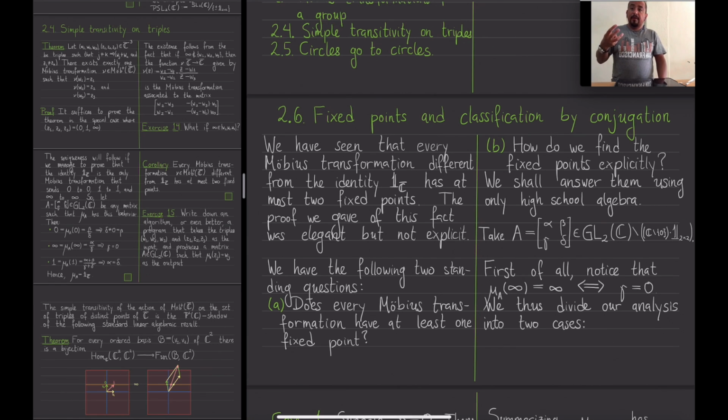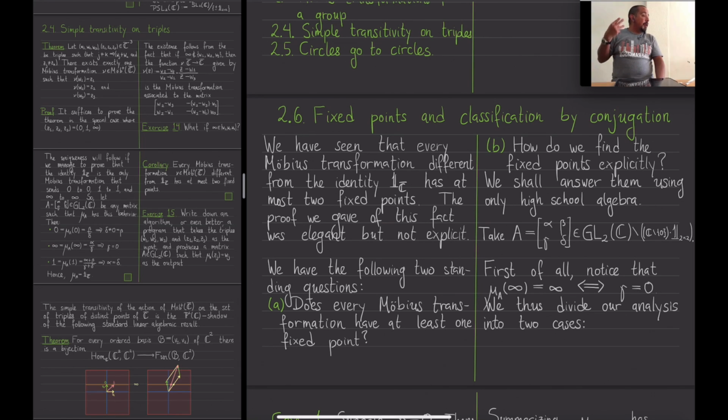Because the identity fixes each of those 3 points, and the identity is a Mobius transformation. So if any Mobius transformation does the job, then it has to be the identity, right? So every Mobius transformation has at most 2 fixed points. Okay, yeah. The proof we gave was, I would say, very elegant,